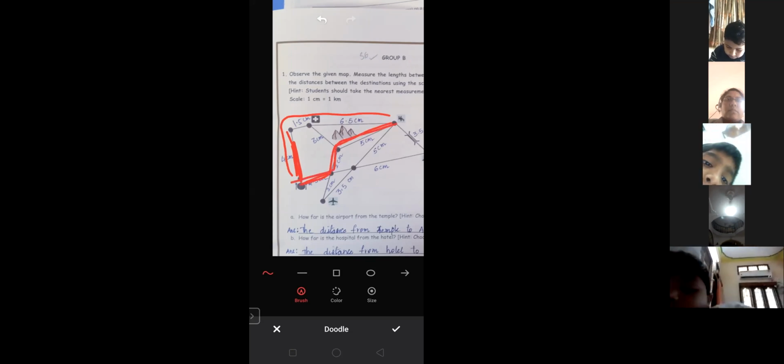If you add that 4 also, you will get 12 centimeters, which is more than the earlier route, right? You feel it as a longer distance than the earlier route. So it's better if you choose this way only. This way is better than the next way. Why? Because within a short time and a short distance you can reach there if you choose this path. It is easier and a shorter way to reach.